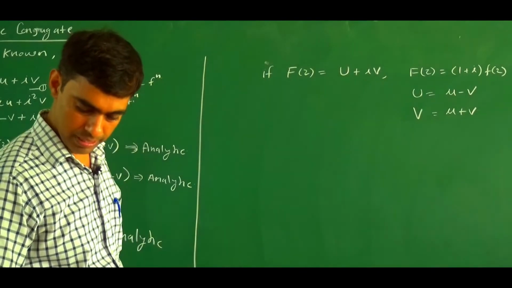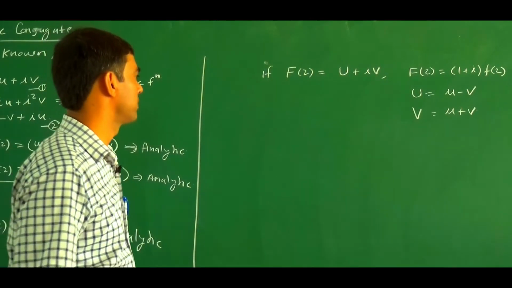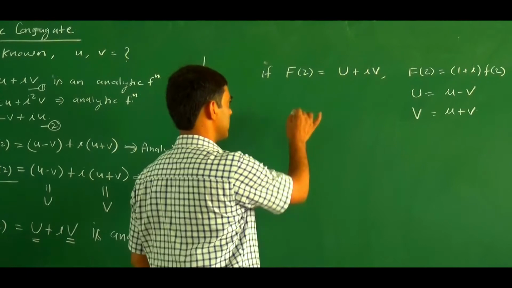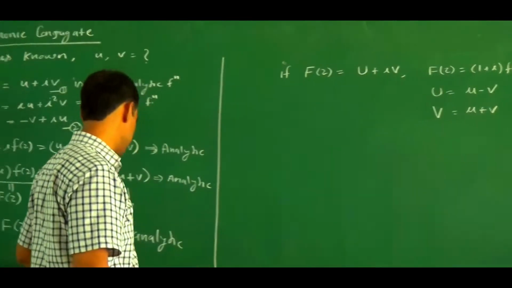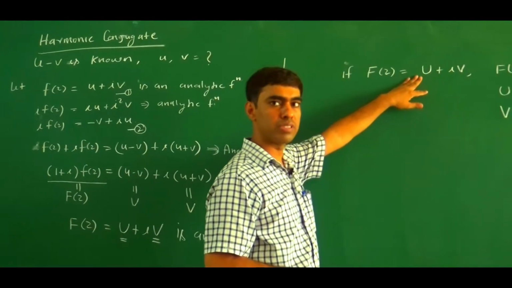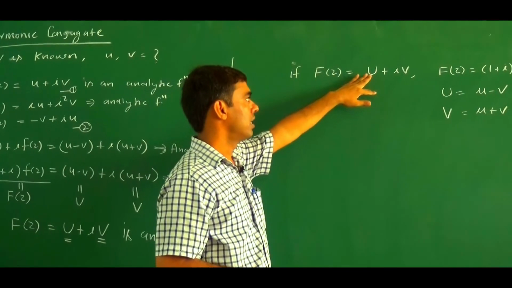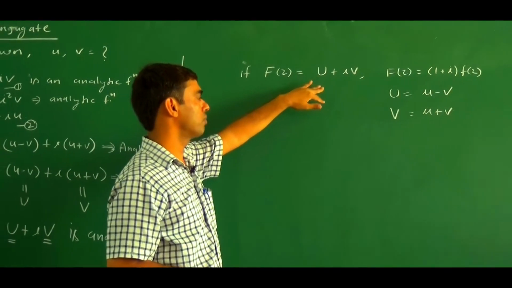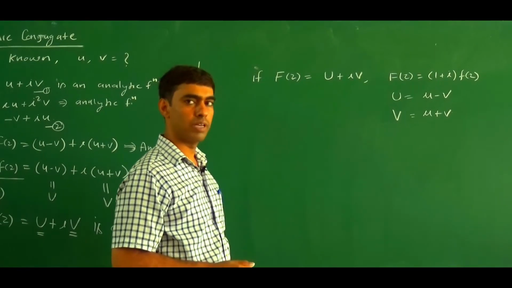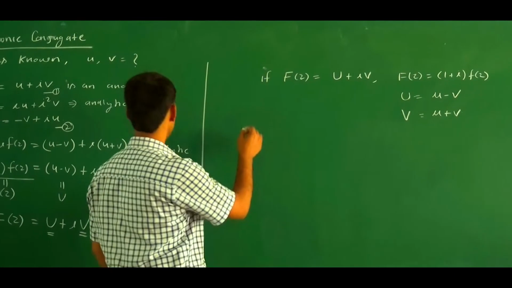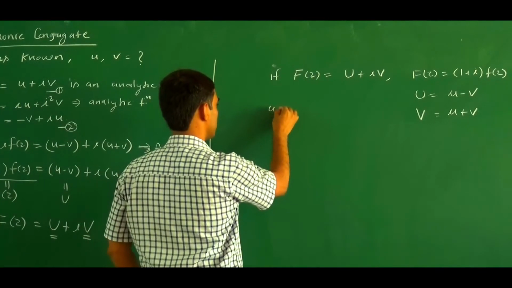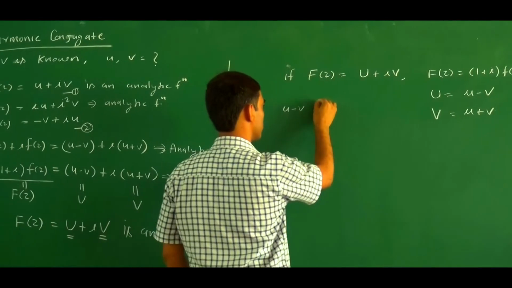This is the procedure for how we find capital U and capital V. As usual, because this is an analytic function, Fz equals U plus iV is analytic, so it satisfies the CR conditions: del U upon del x equals del V upon del y, and del U upon del y equals minus del V upon del x. If U minus V is known,